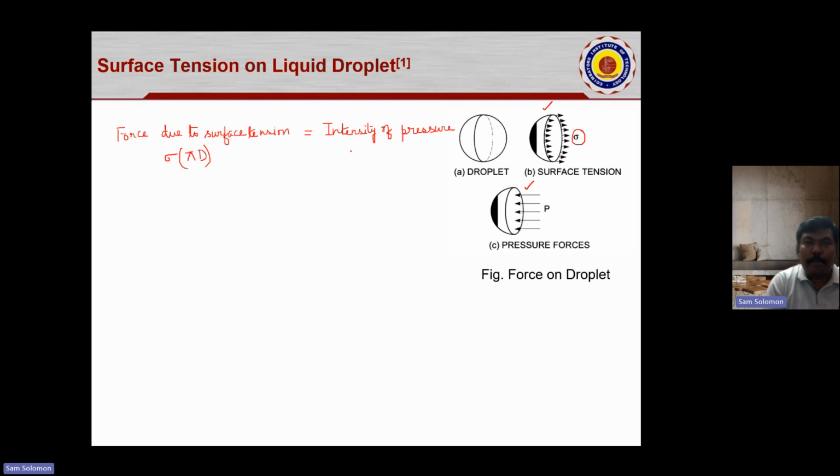And this can be represented in terms of pressure P. When you say intensity of pressure or the pressure force, pressure is force per unit area. So if I call this the pressure force, it has to be multiplied with the area. And the pressure always acts normal to the surface. That means perpendicular